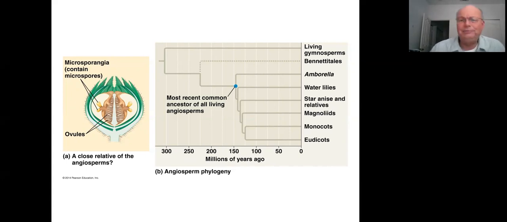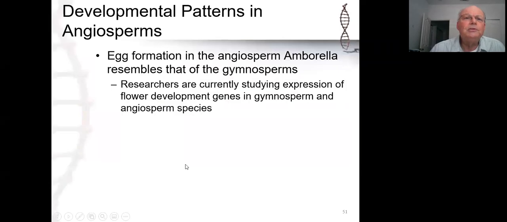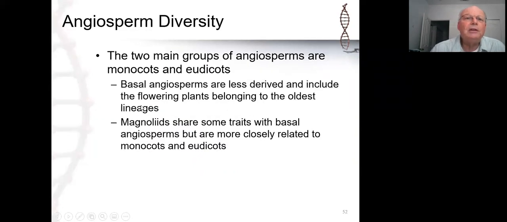Now that split is relatively recent. We used to split the plant kingdom, or the angiosperms, into two clades, monocots and dicots. But when we start looking at the basal angiosperms, the Amborella, the water lilies, and star anise particularly, those were actually included amongst the dicots, and they have features that suggest dicot. And as such, if we're going to move them out of the dicots and place them basal to all angiosperms, then the original dicot